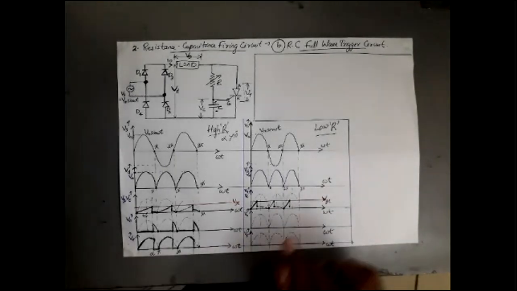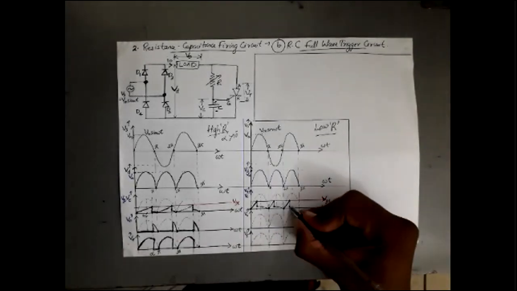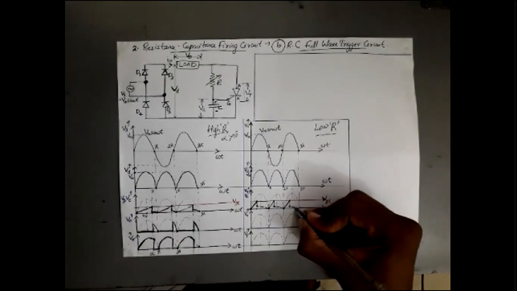my SCR gets triggered when my Vc becomes equal to VGT. Then what happens? My SCR is triggered, then Vc has reduced to a very low value near to zero, since there is no voltage appearing across my capacitor while my SCR is conducting, so my capacitor will be discharging slowly. At 3 pi my Vc becomes zero. Hope it is clear for you.